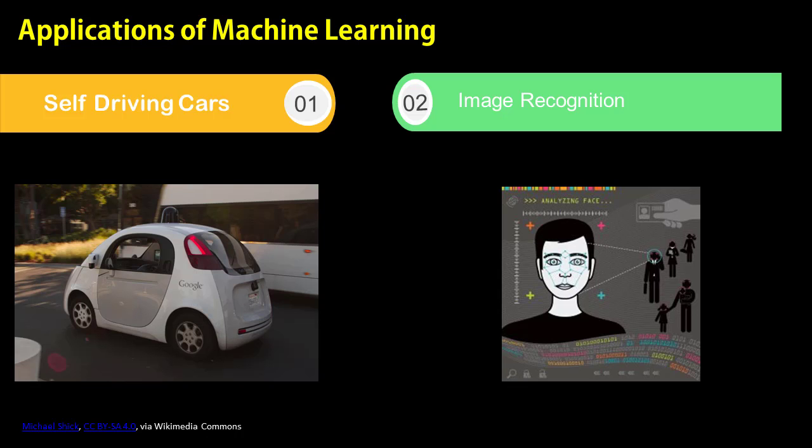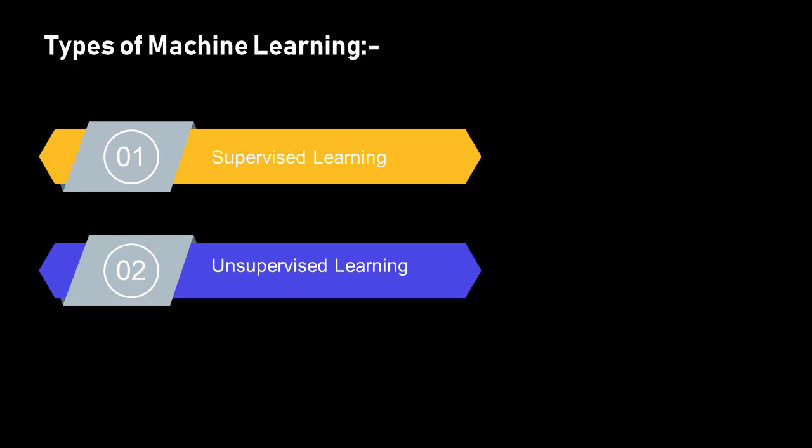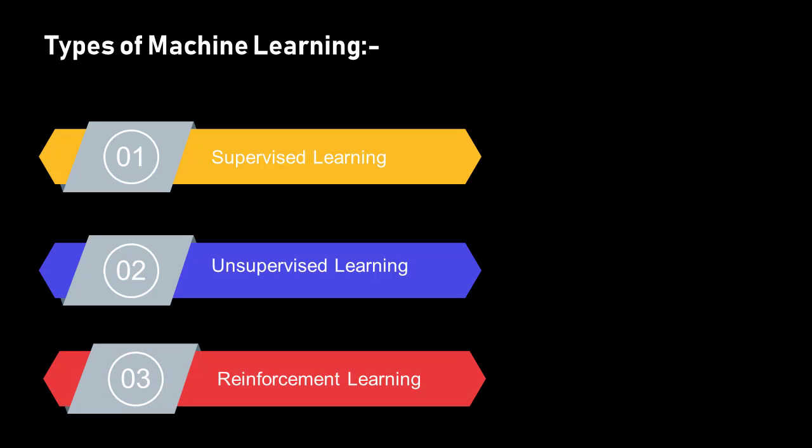Now, primarily, there are three types of machine learning. The first type is supervised learning, the second one is unsupervised learning, and the third one is reinforcement learning. These three types are very common in machine learning, so that's why there are primarily three types. In the next video, I will elaborate on each learning type in terms of definition, approach, and algorithms. There are a lot of factors that we'll study in the next video.